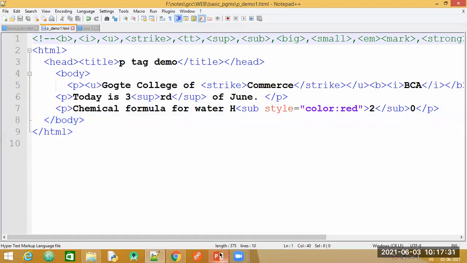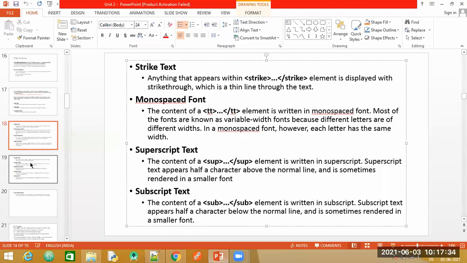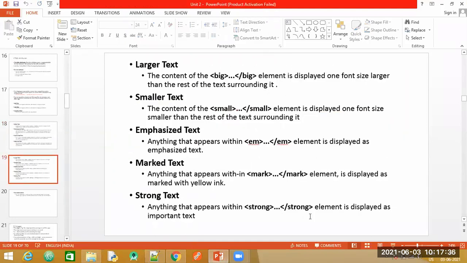Let us go back to our slide. Observe all these points here, go through them, and we will try to apply them in our example. You have different ways in which you can make your text appear. Most commonly, as in MS Word, we make text bold, underlined, or italic.